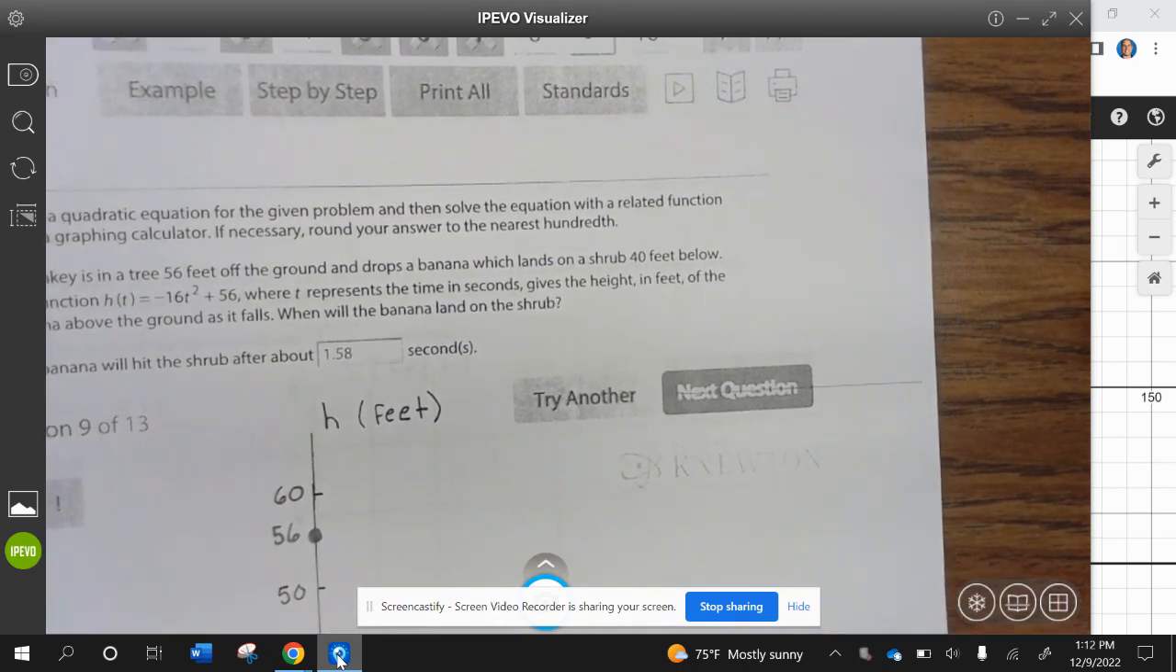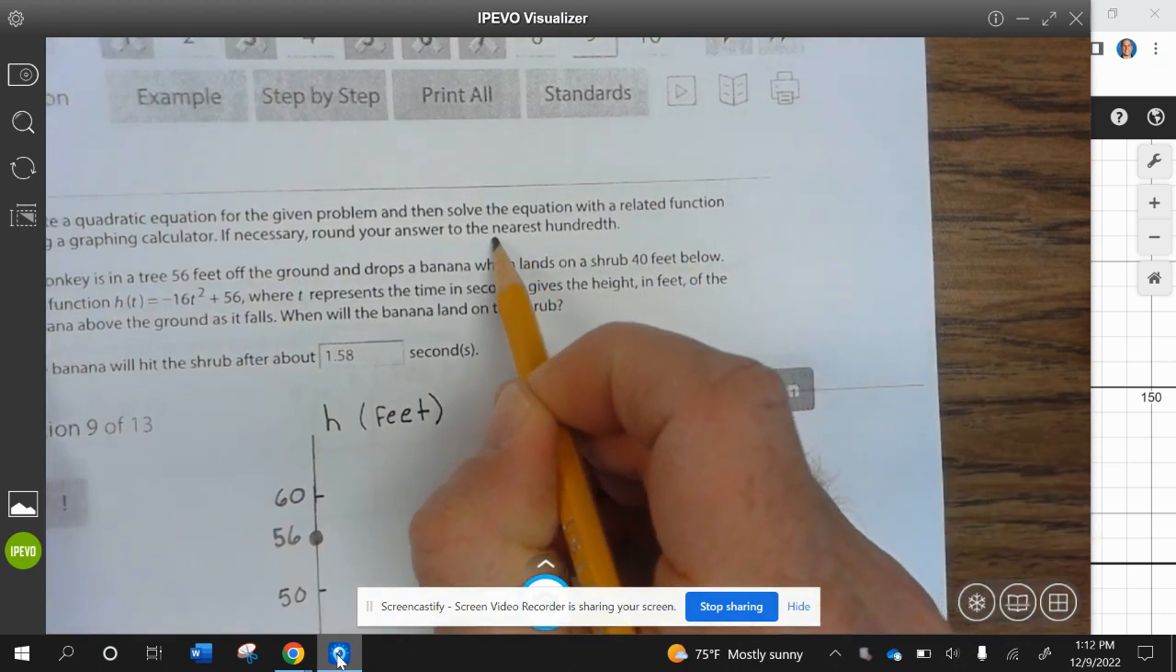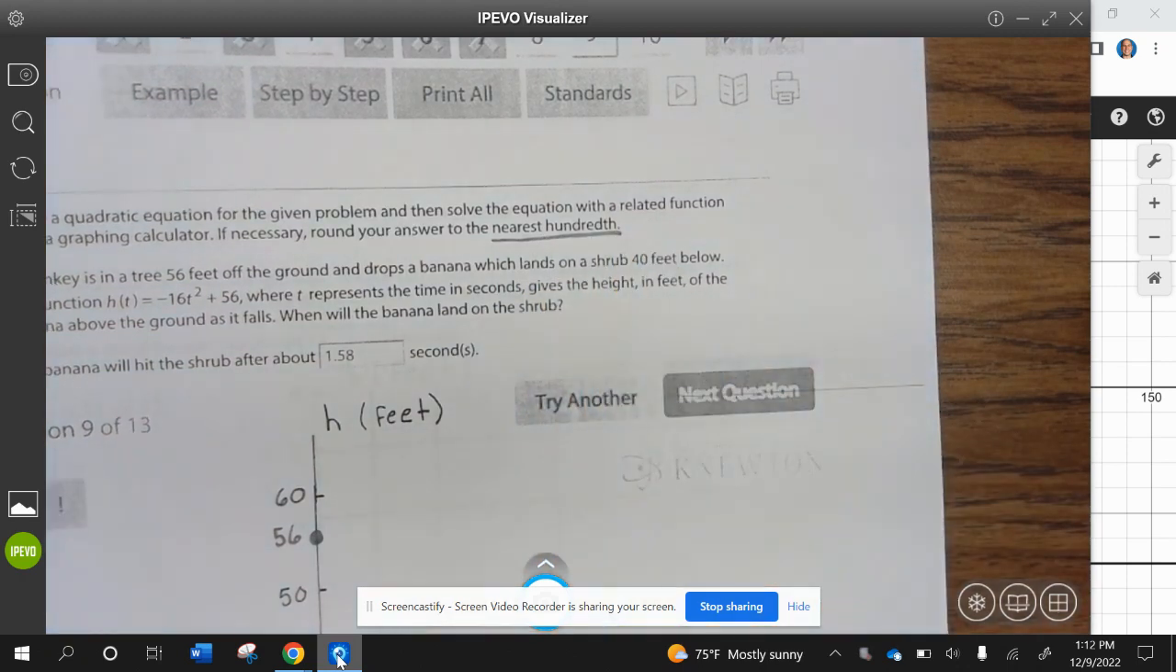Create a quadratic equation for the given problem, then solve the equation with the related function using a graphing calculator if necessary. Round your answer to the nearest hundredth. A monkey is in a tree 56 feet off the ground and drops a banana, which lands on a shrub 40 feet below. The function h of t equals -16t squared plus 56, where t represents the time in seconds, gives the height in feet of the banana above the ground as it falls when the banana lands on the